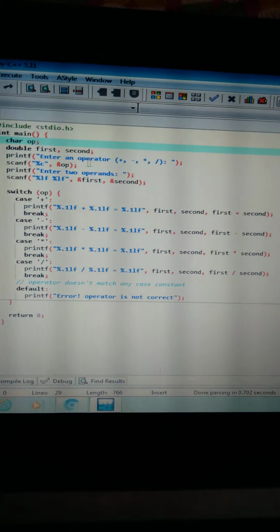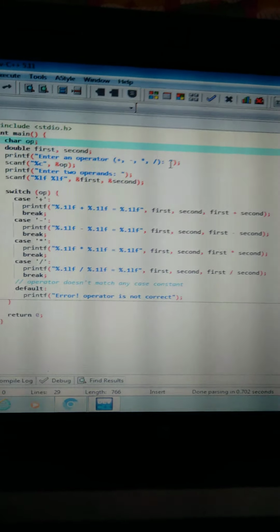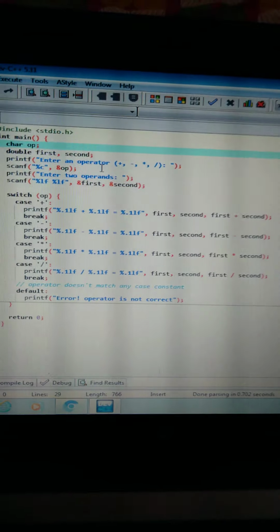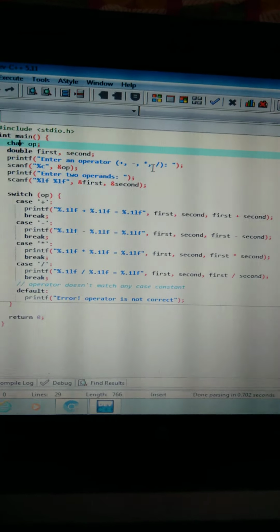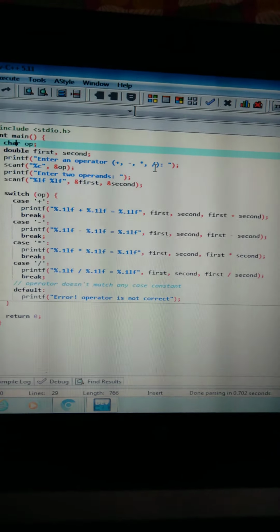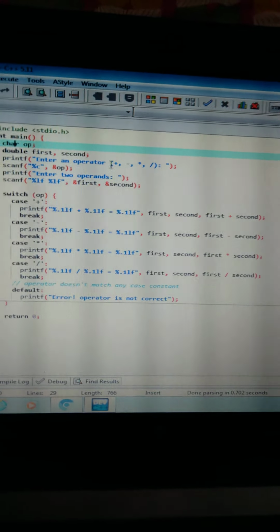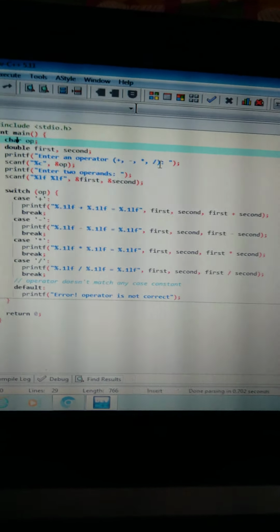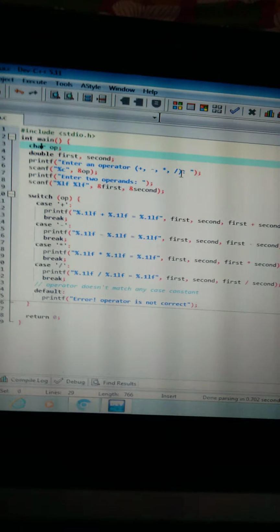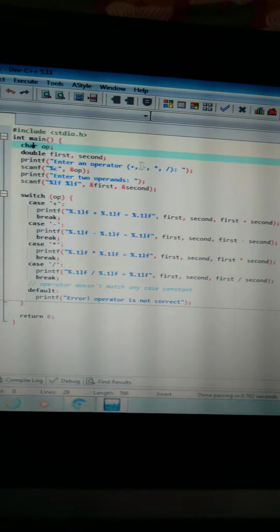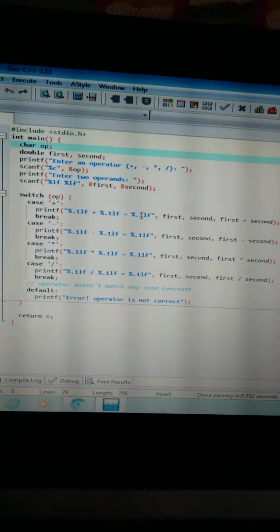It prints this line on the output screen. What is this? Enter an operator: plus, minus, multiplication, division. For a commercial calculator we are taking only these four operators.